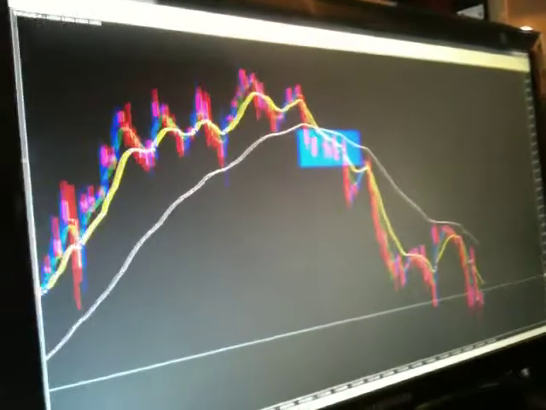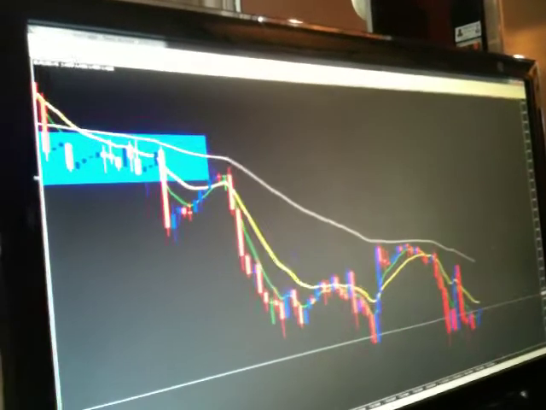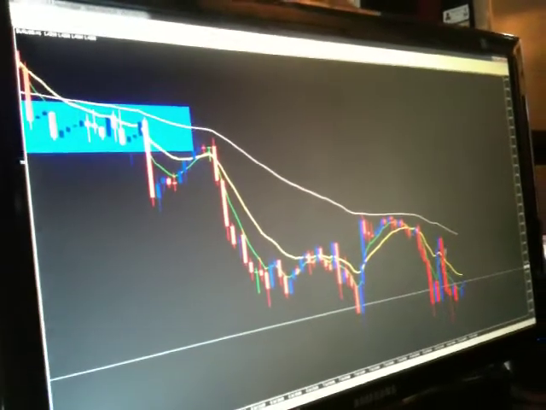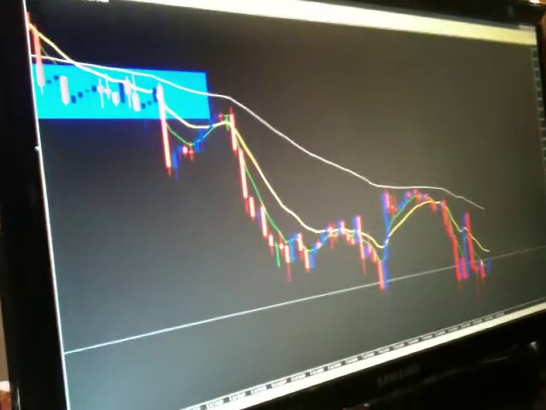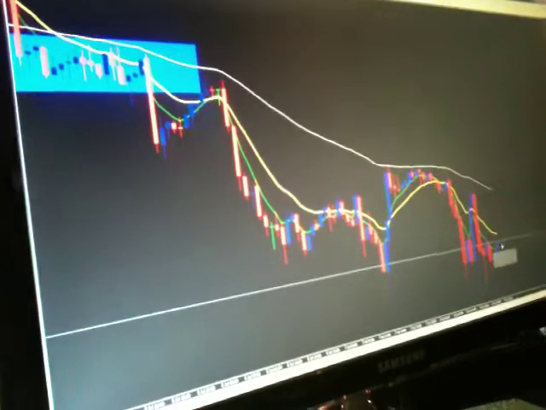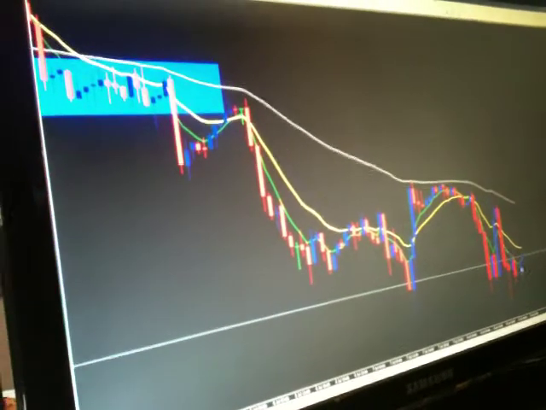Take, for example, what we're looking at right here. At the very end, let's zoom in just real quick. Let's take a look at this area here. We have this beautiful big candle. Now we're kind of going 3 o'clock. See how the EMAs are kind of going to 3 o'clock? Stay out of it at this point. Wait until it really starts going.